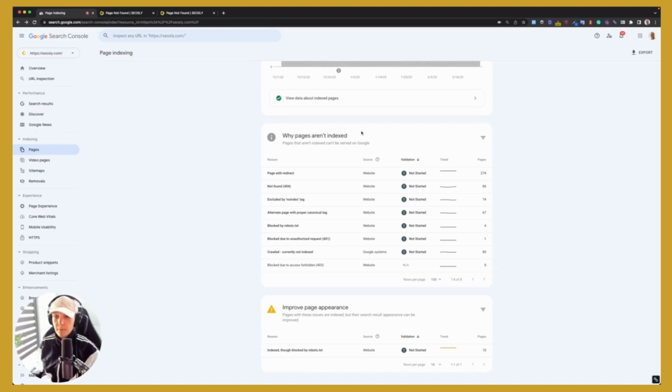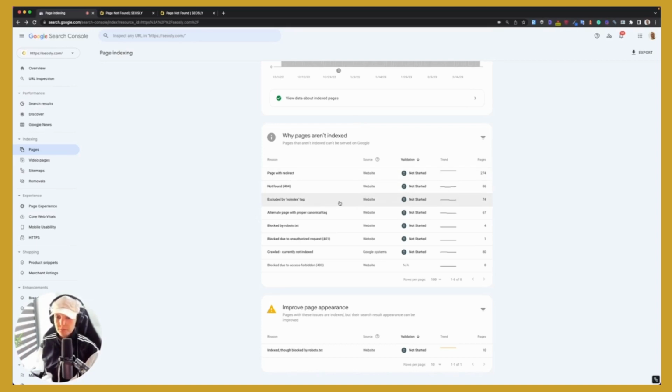For example, excluded by noindex tag. Google will very often send you email alerts when there are new pages like not found or new excluded by noindex tag, and you may feel alarmed when you get this. But Google is simply telling you what it discovered,